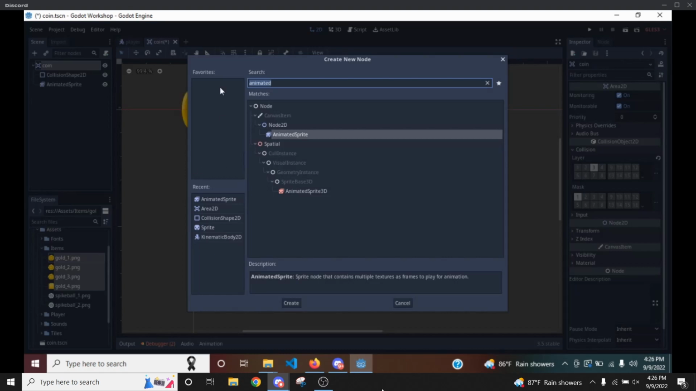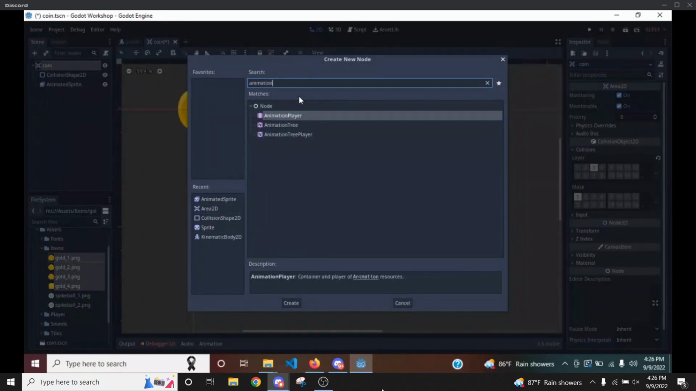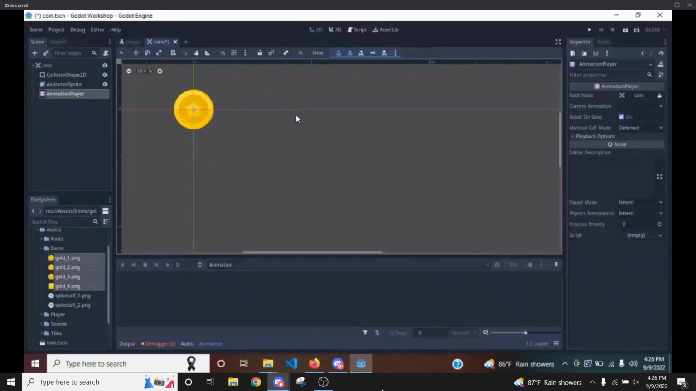So the last thing we're going to add to this coin is an animation player. This might be a bit complicated, but we're going to add an animation player node. The way animation player nodes work is through keyframes, where it'll smoothly animate not only actual sprite animations, but it'll also animate